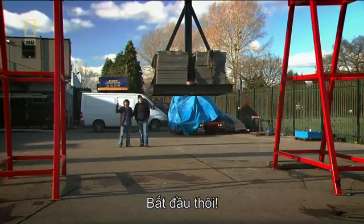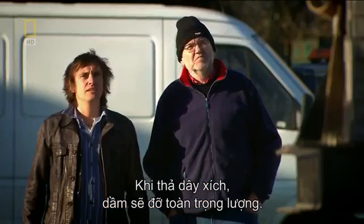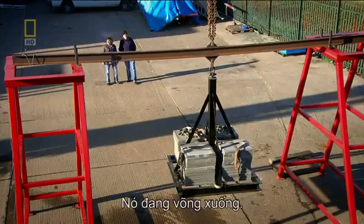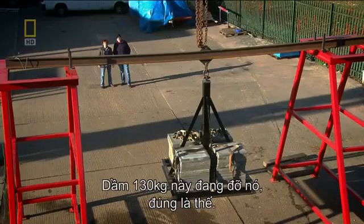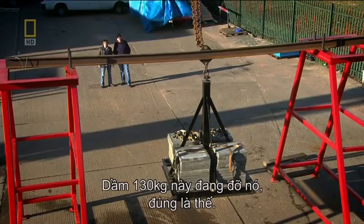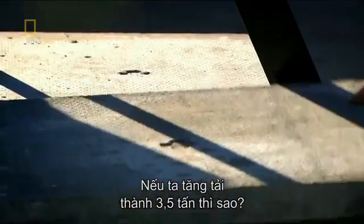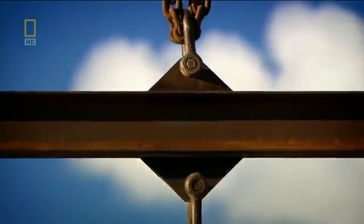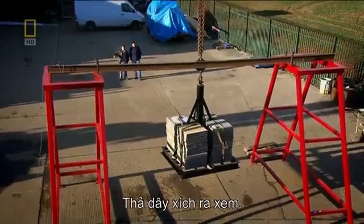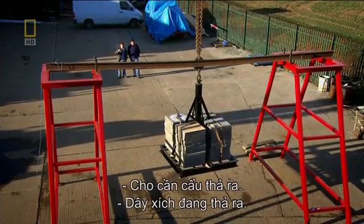So, here we go. As the chain slackens, the beam takes the full load. See it bending now. Yes, I can see the bend. This 130 kilo beam is holding up. Just. What happens when we increase the weight to 3.5 tons? Here we go. So, let's slacken her off and have a look. Take the load off the crane. So when the chains start to go slack...